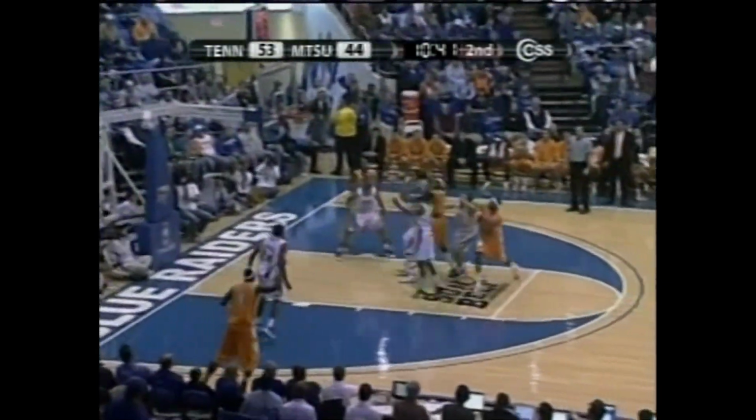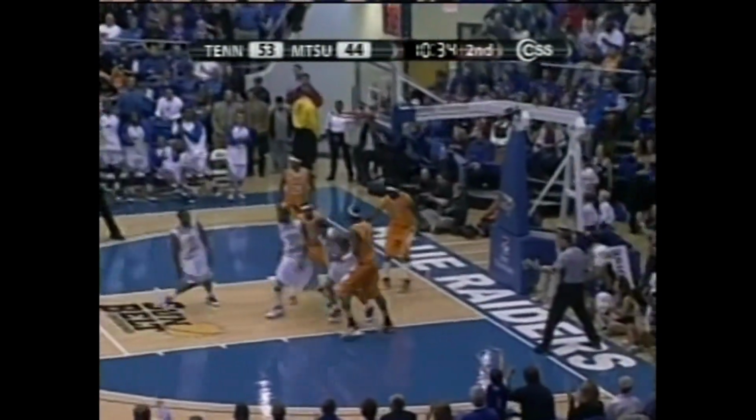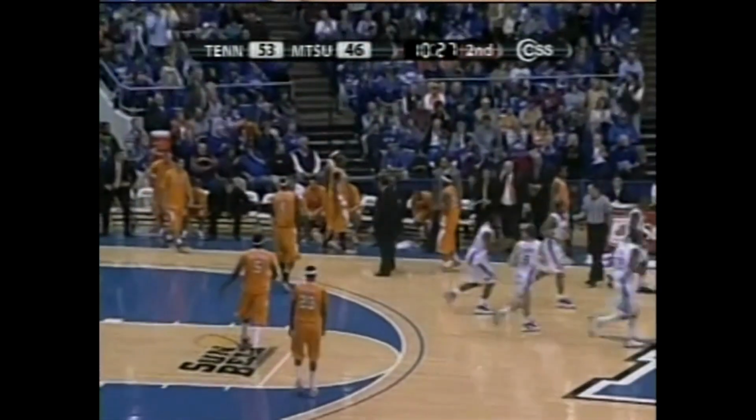Chisholm for 3. Johnson the rebound. Pushes it up court. Off to Green. He banks it up and in, and Middle Tennessee, a little mini run here, has cut that 11-point lead down to 7. That is 7 dead layups against the pressure defense for Middle Tennessee, and all of a sudden the